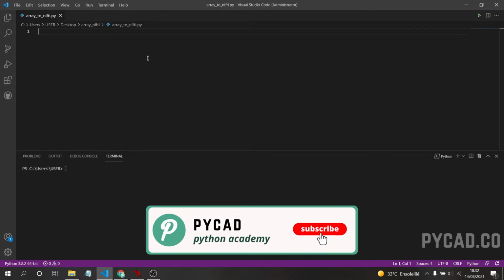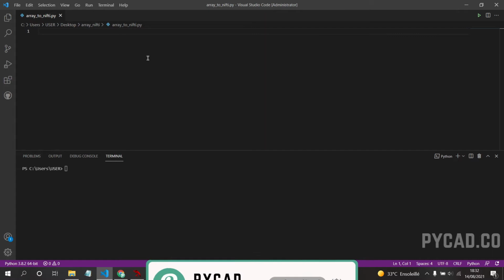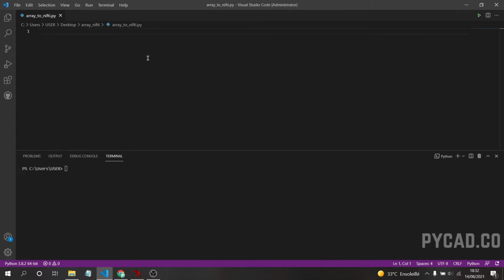I will show you how you can convert an array into a Nifti file. Maybe you will ask me about what we will do with this conversion. So there is something you need to know. If you are working in healthcare, which means you are working in medical imaging, like doing segmentation, classification, or anything, almost all the time we need volumes, which means